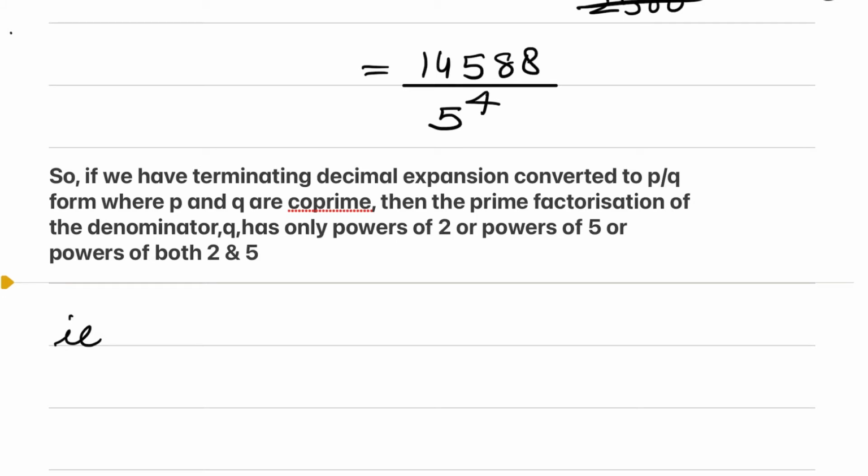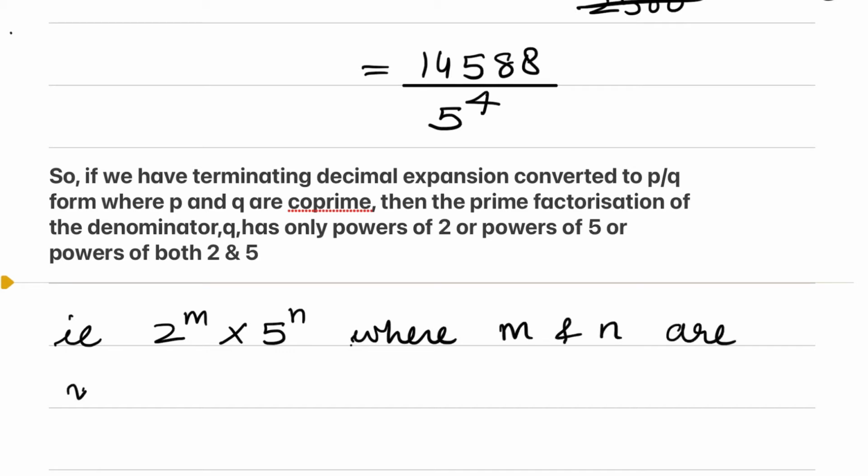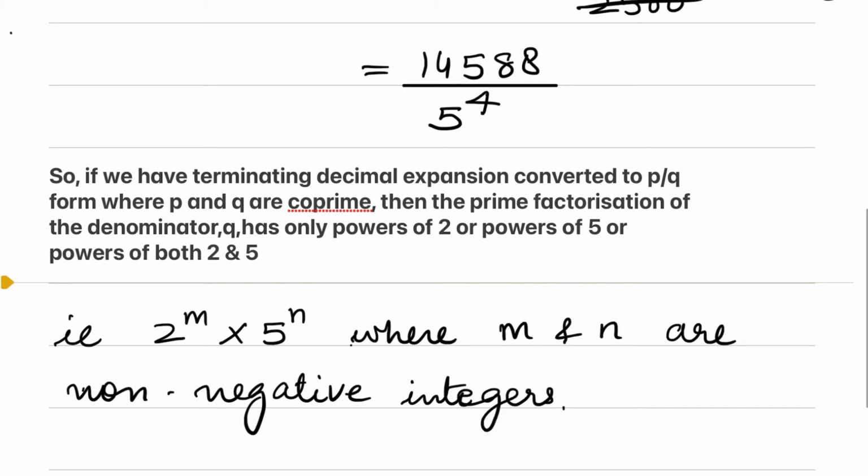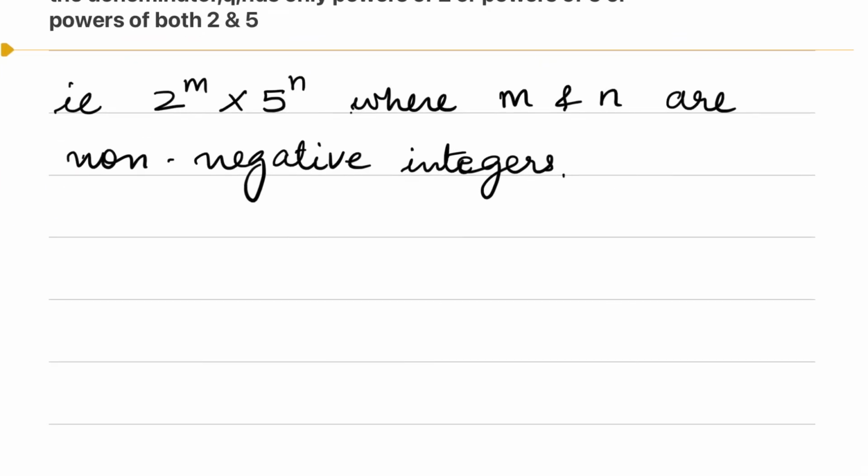That is, we can write down in the form 2 raised to the power m into 5 raised to the power n, where m and n are non-negative integers. So if the same thing we write down formally, we can write down as let x be a rational